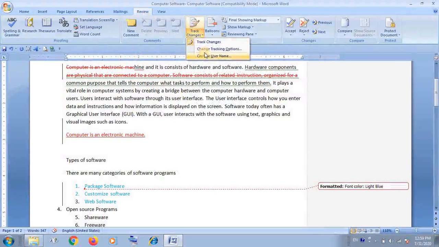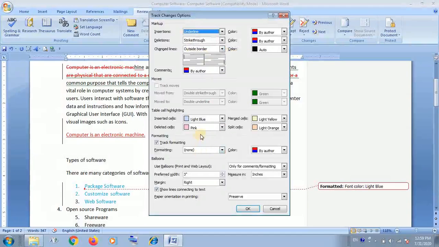And simply if you want to see the options, which option is used for which thing, here are given the things. यहाँ पर from here insertion, suppose insertion you are looking underlined. For the insertion I have used pink color.